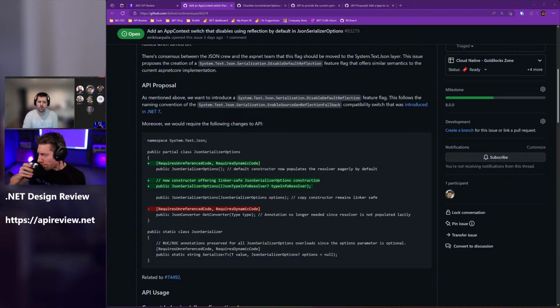So they would be relying on the value of that flag to implement their own logic in the background. And the idea is that again, the linker would recognize that as a constant and trim away the relevant code. Right, but I don't see an API in here to get the value of that flag